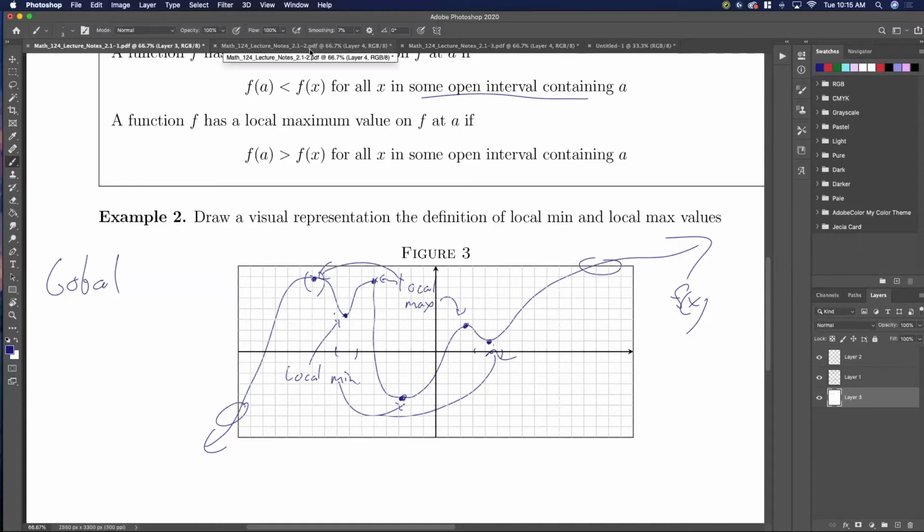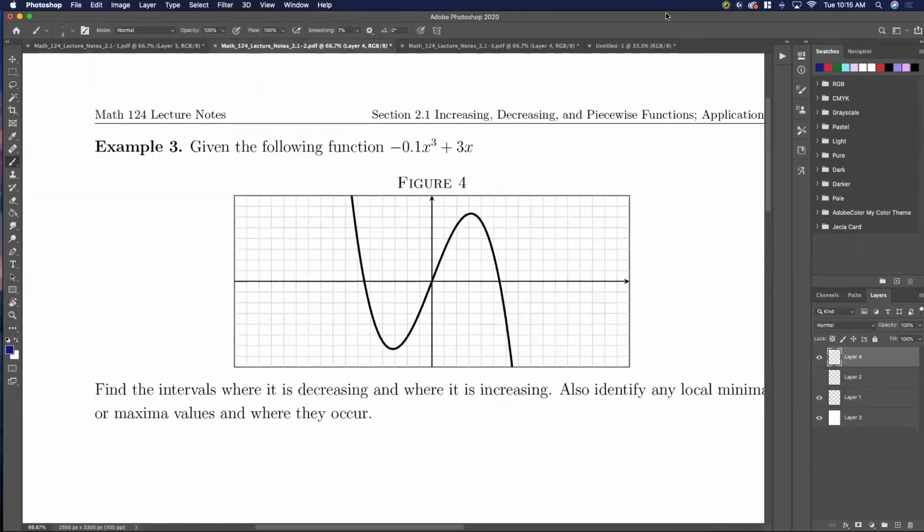So let's go ahead and do this in practice. I'll do one, I'll have you guys try one, and then we're going to talk about piecewise functions. And then I'm going to open up the homework and work through the homework a little bit today with you, just because some of the piecewise functions get a little bit complex, and I want you to see